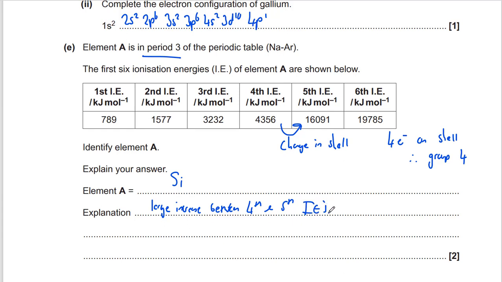IEs, there you go. Large increase between the 4th and 5th ionization energies. There you go, nice and straightforward. But again, looks complicated, but when you find the big jump, it's actually quite straightforward. So, moving on then to